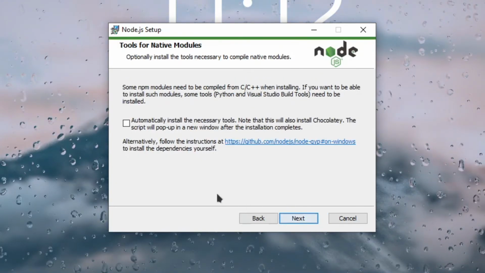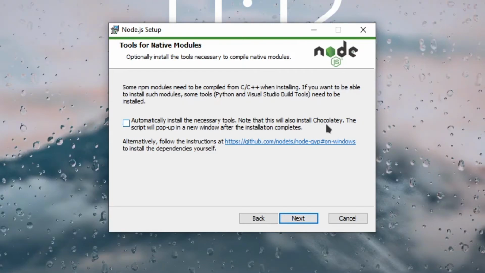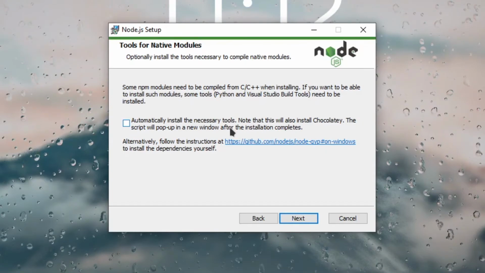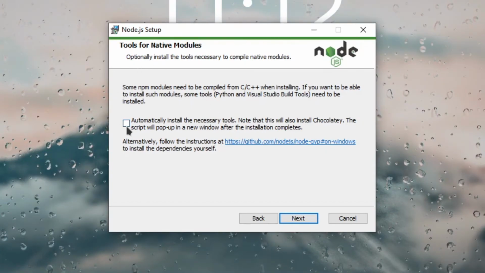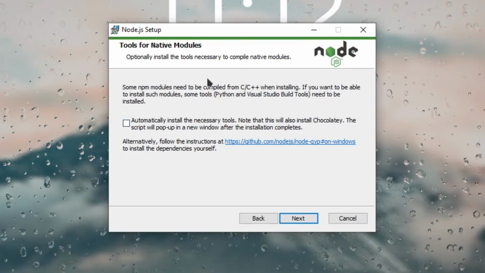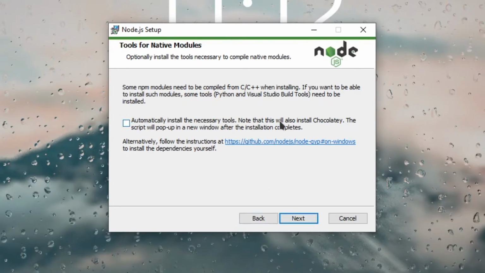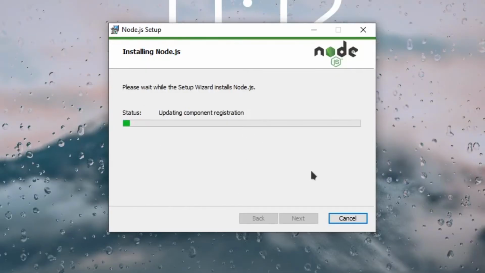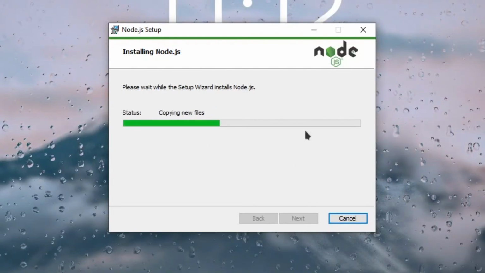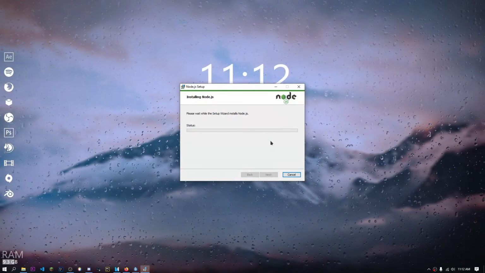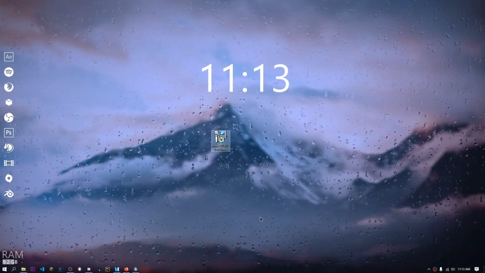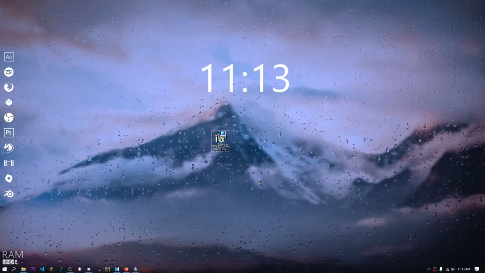Now click next, and I don't think you need to install Chocolatey, but Chocolatey is like a really good software manager or modules for Windows, but I don't want to install Chocolatey. But if you want, you could install it. I'll click next, and now it'll start installing. Now this will ask for administrator, so you can just click yes and then let it install. Once it has finished installing, you could click finish, and now we can open up our terminal and install